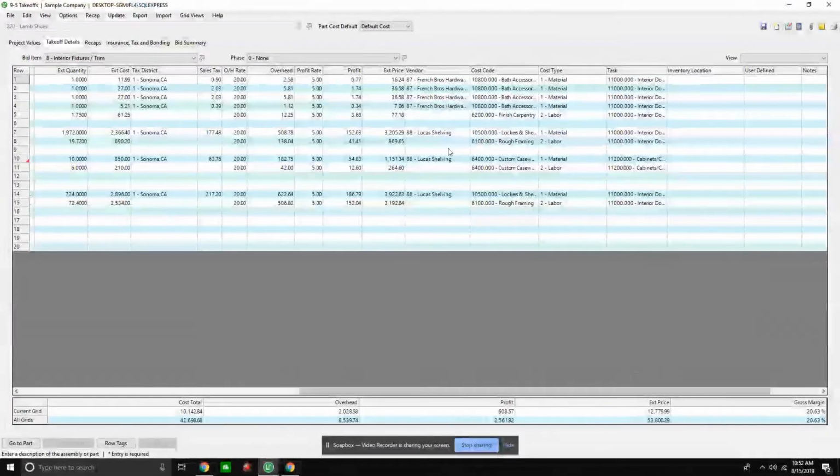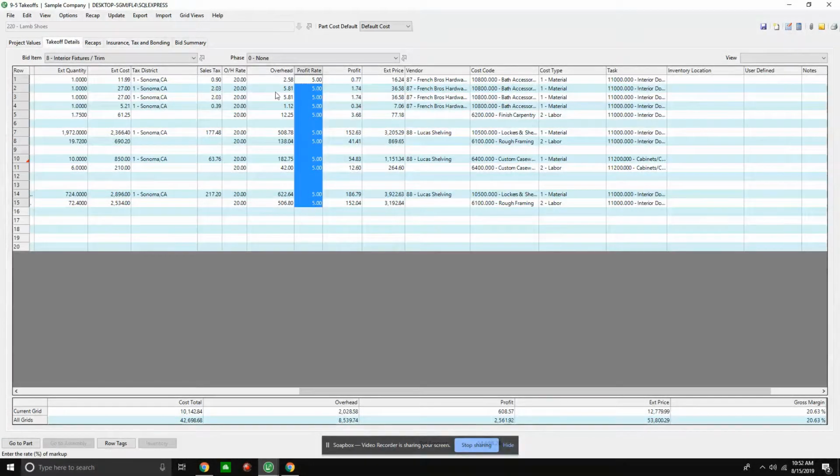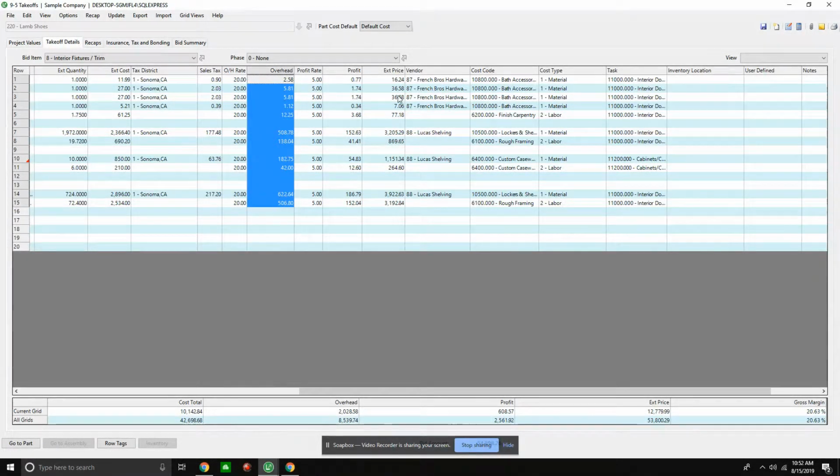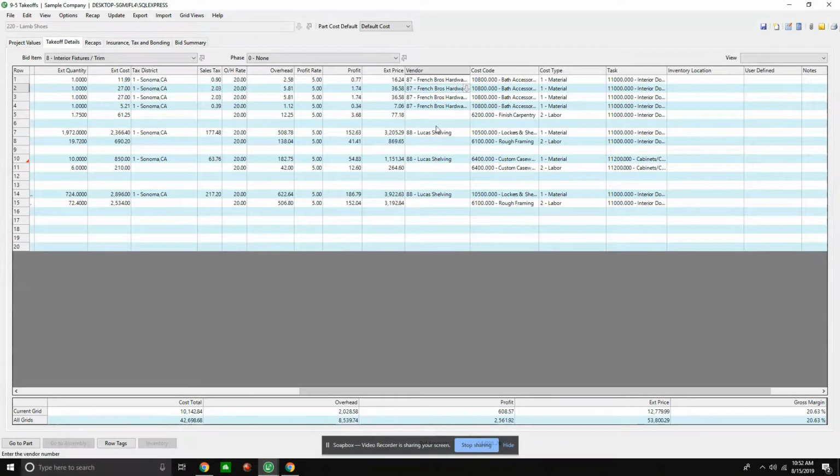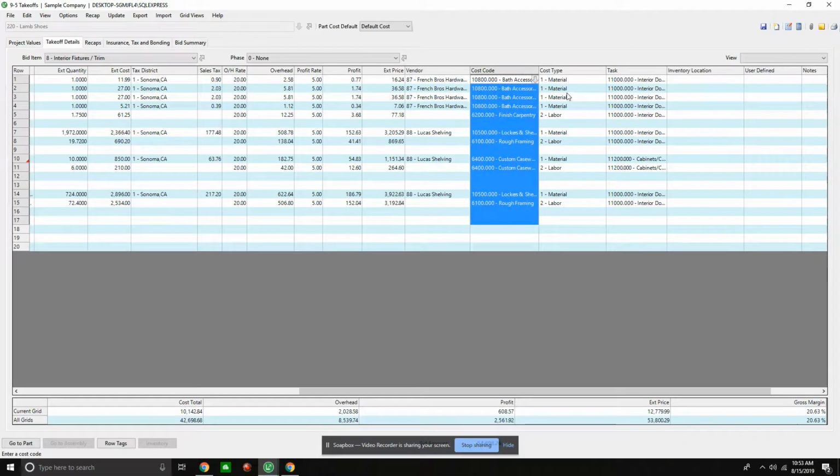As far as all this pertinent information, of course, we can put in all our profit and our overhead, and then it can give me what my gross profit rate is going to be, as well as my extended price based on my overhead and profit. In this solution, we can put in different vendors, and that way, when we get ready to export this over to accounting, it would automatically generate the PO for us or the subcontract. Nobody has to sit down and 10 key this, as well as assigning the cost codes and our cost types.